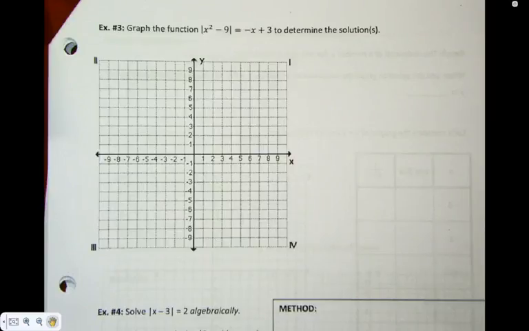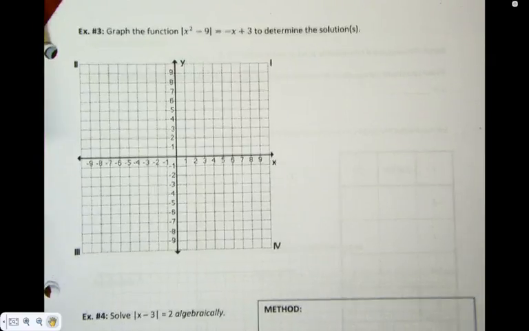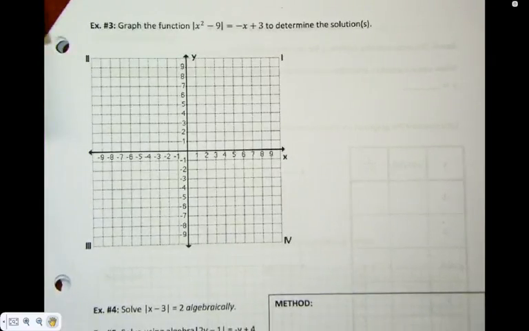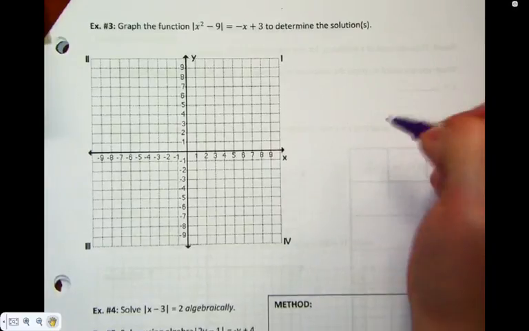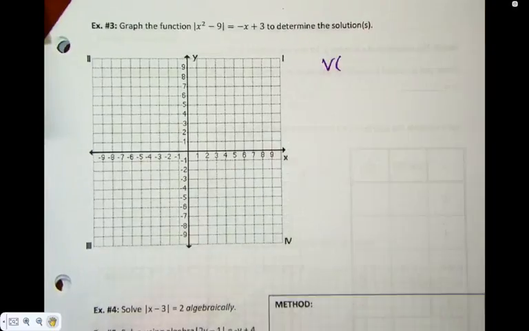Okay, you tell me. Oh, I like this game. It's already in the slope direction. Vertex. Okay. The vertex is 0, negative, or 0,